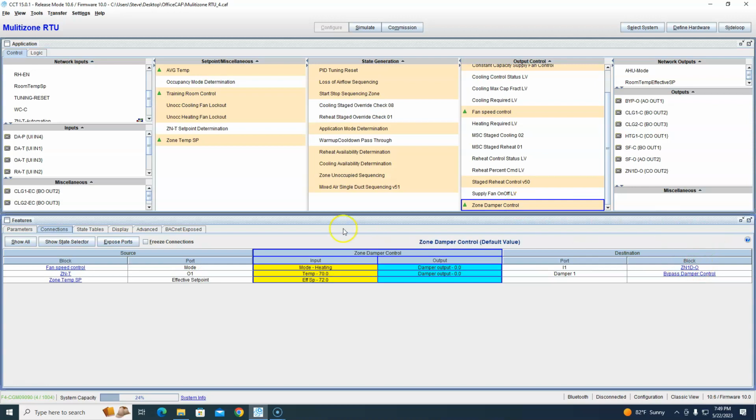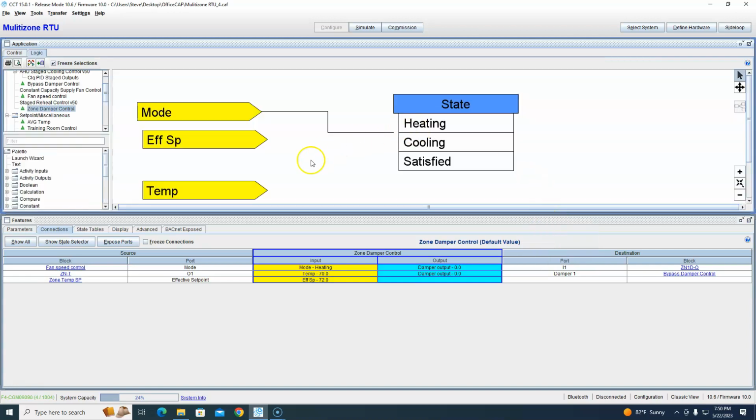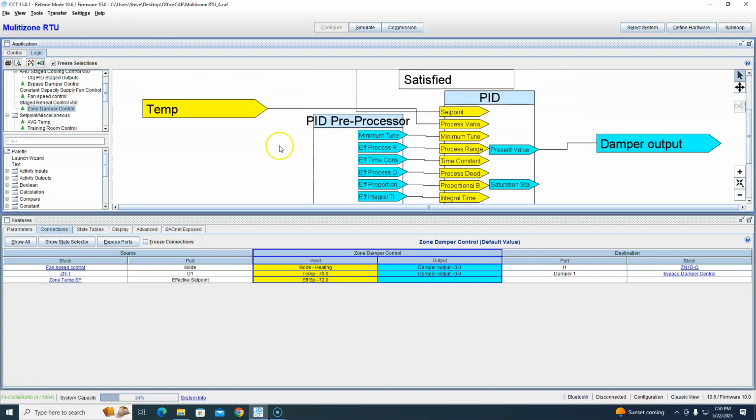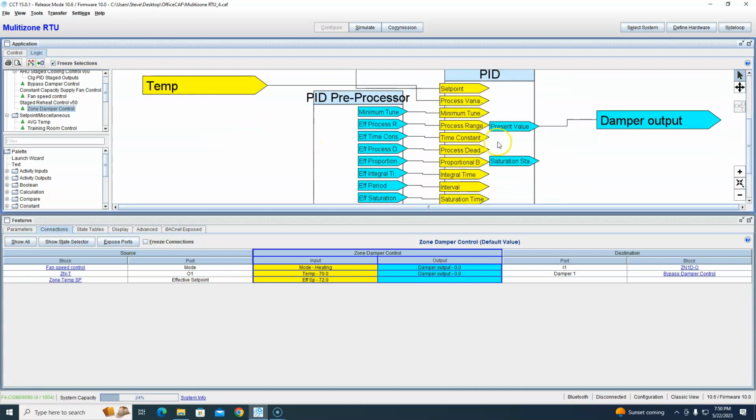So that damper control program, this is the VAV zone that we made, right? Pressure dependent. We're not picking up any flow tubes or anything like that. We have a couple different modes, right? Because the RTU puts out heat, it's gas heat, and it's got the 2-stage cooling. So in heating mode, we're just taking our temp and set point, our effective set point, and